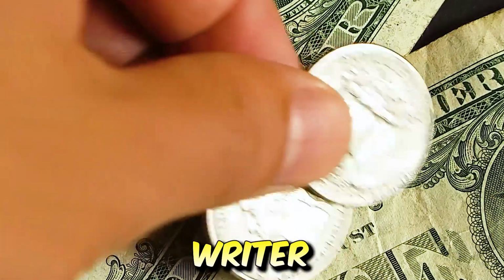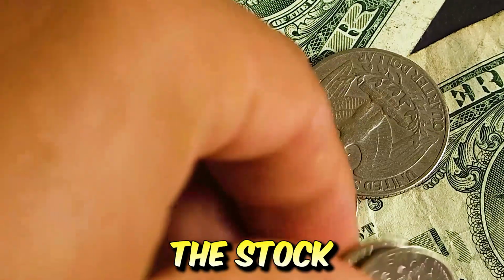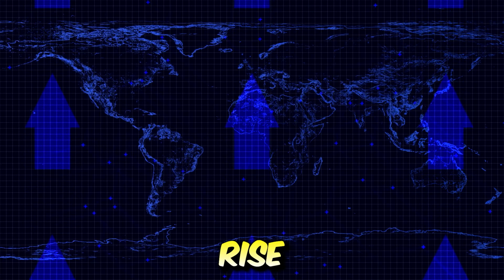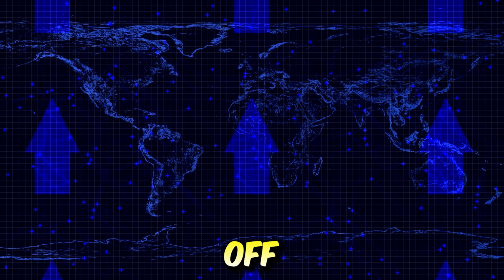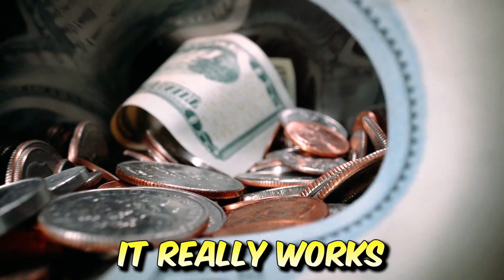Because the call option writer receives the income on the deal in the form of a premium, they want the stock price to either stay flat, fall, or slightly rise in order to basically keep their shares, but also, of course, make some massive profit off the premium. So now that we know a little bit about what a covered call is and how it really works,